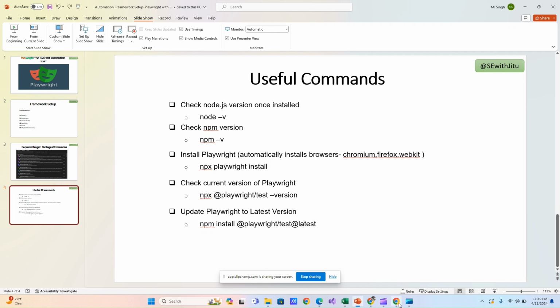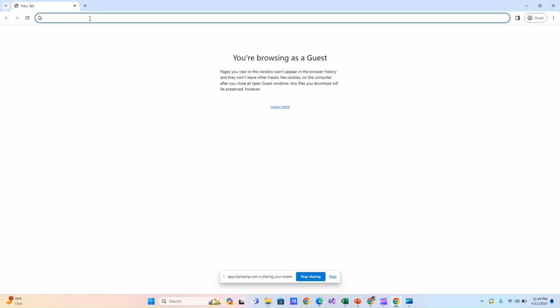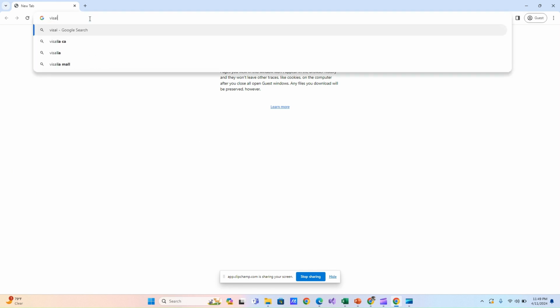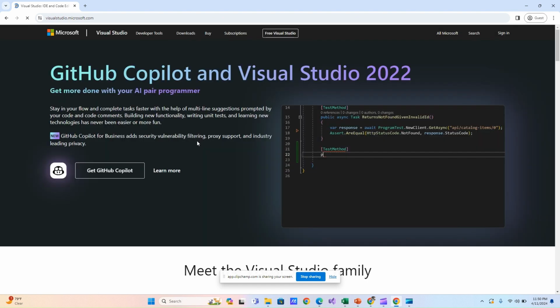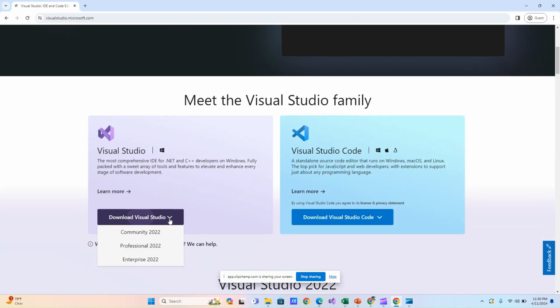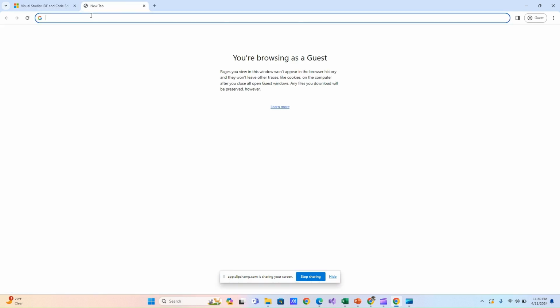So the first thing, we have to install Visual Studio because we will be using Visual Studio as the IDE. Simply search for Visual Studio and open this link. And you can download this Community version 2022. And once Visual Studio is installed, we have to install Node.js as well